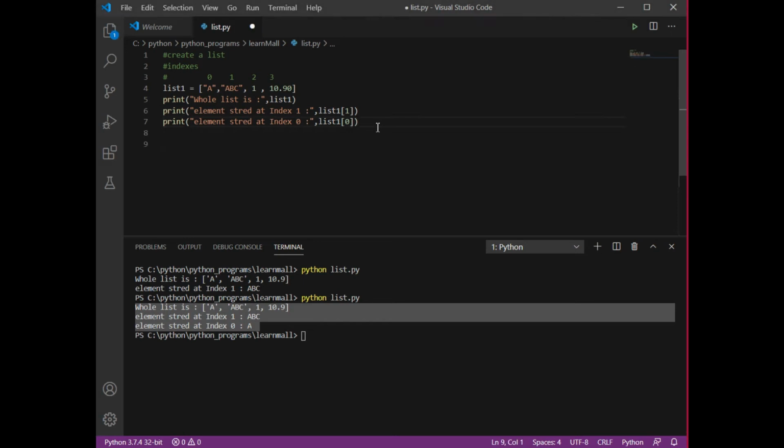Hi, so we have created a list. Now we are going to create a sub list from a given list. We have already done how we can display one specific element of a given list. Now if you want to display more than one specific element, here we need to put two different statements to display two different elements of my list.